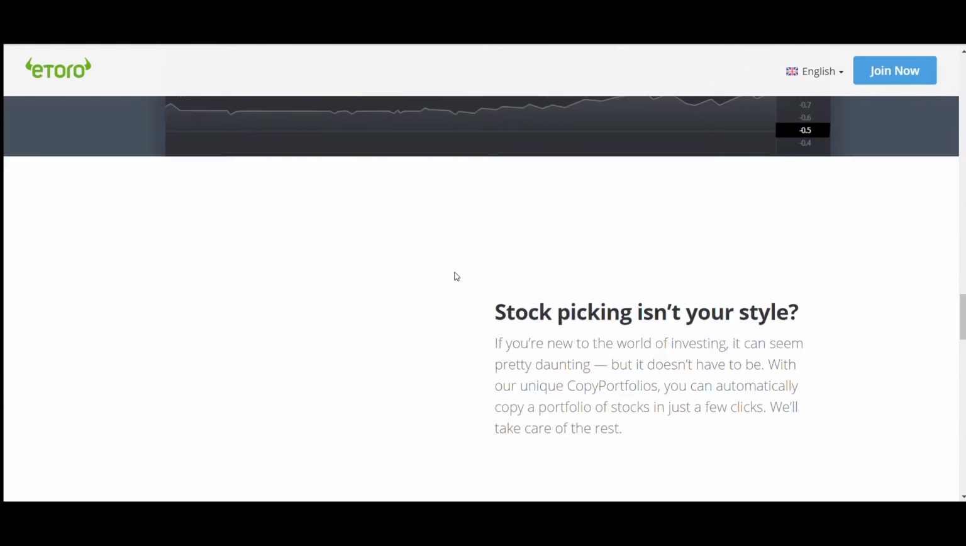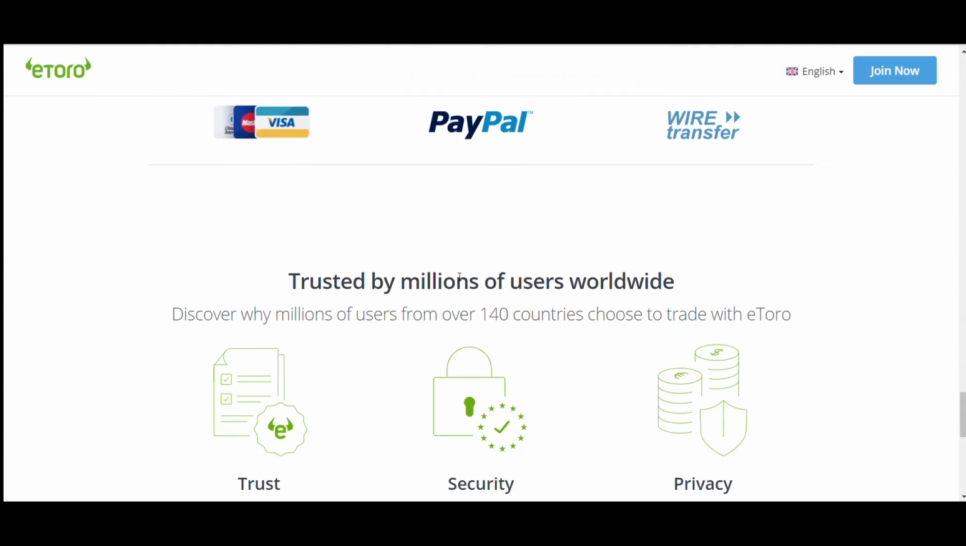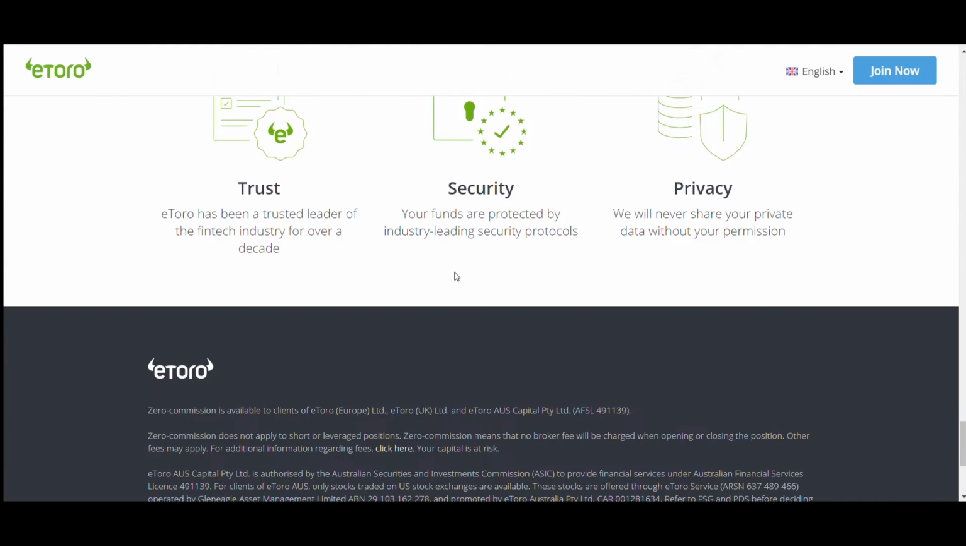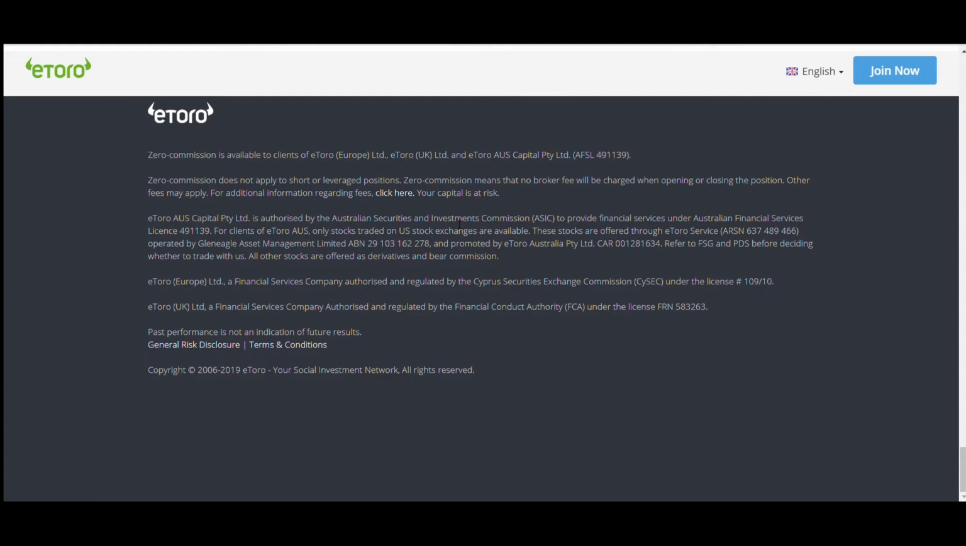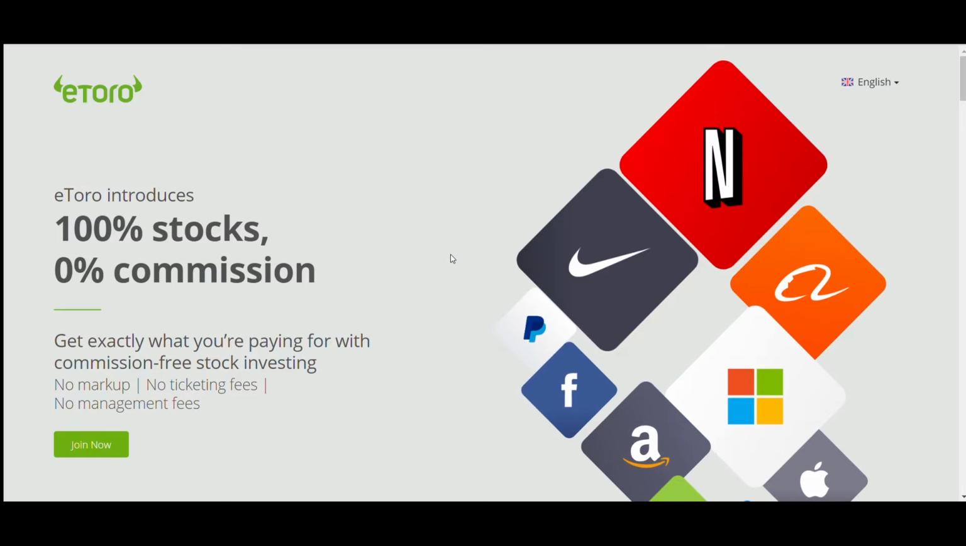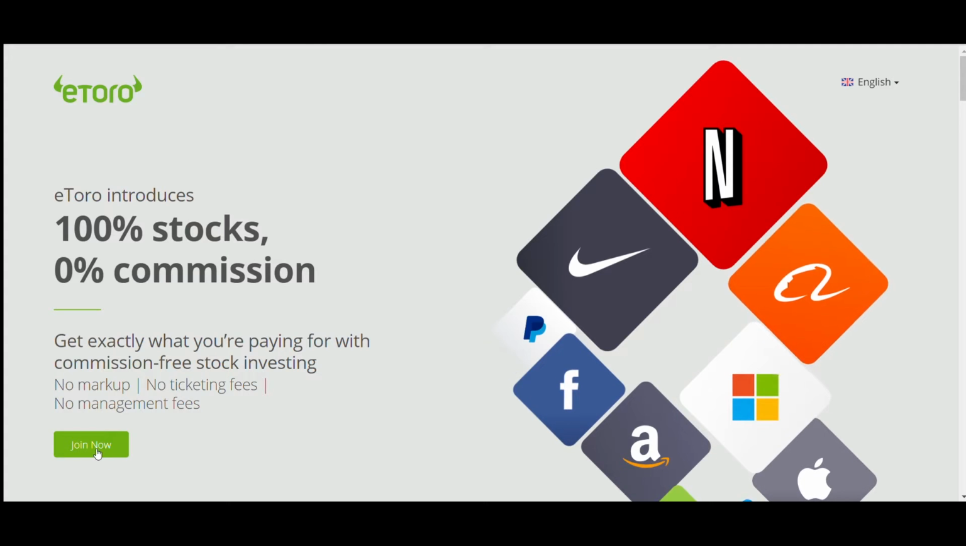Shortly talking about eToro, it is regulated by the Cyprus Securities and Exchange Commission, and also it is regulated in the UK and Australia. So this is fully legit, and you can see this information in the terms and conditions and general risk disclosure. To register, you just click join now